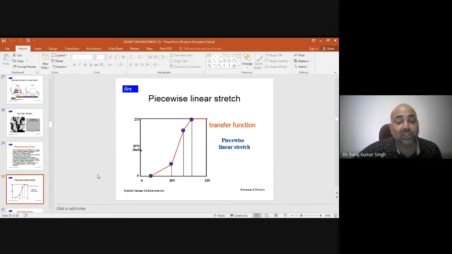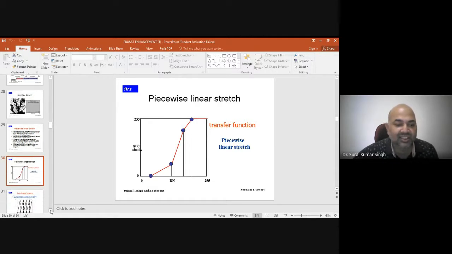So when you want selective enhancement for any particular feature, like forest type, some structures, or geological type, and do not need to change the brightness of the entire image, then I'll do it through piecewise linear stretch.